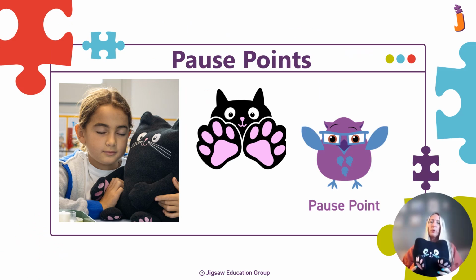Pause points are incorporated into every PSHE and RE lesson. These are the icons used in the slideshows to denote pause points. In PSHE, Jigsaw Jerrycat acts as the trigger for pause points in lessons, using Jerrycat's paws to symbolise the pause point for children. In RE, it is the image of the owl with its wings raised.